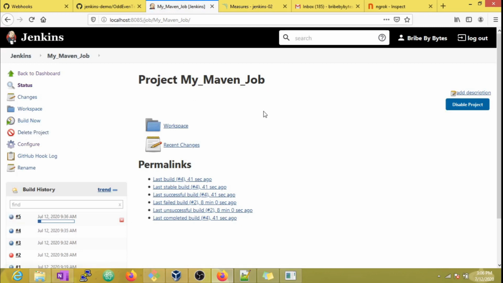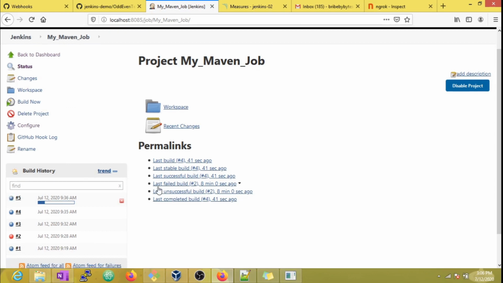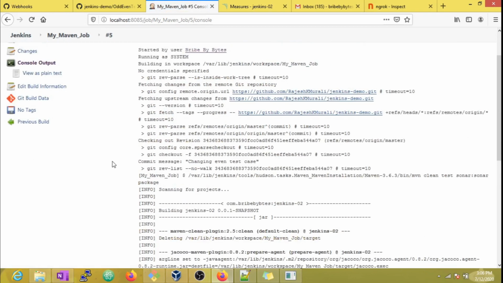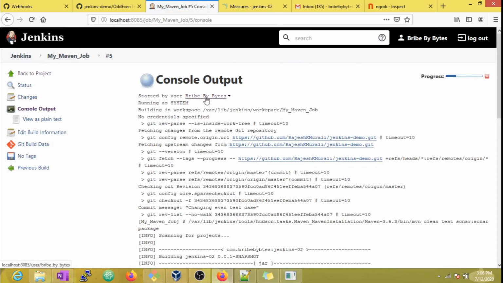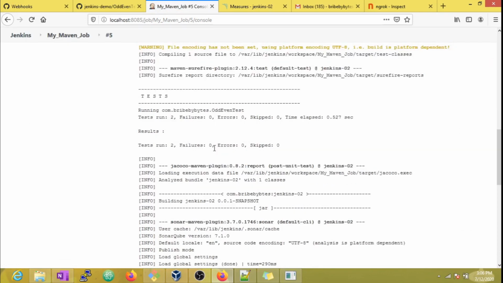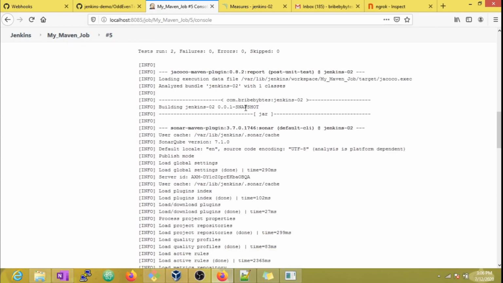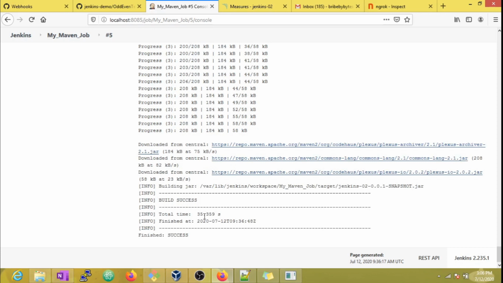Let's build the project. Test cases look good. And now our build is a success and we can see the jar name of our application here.